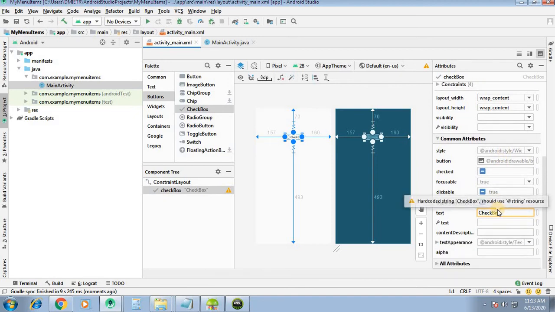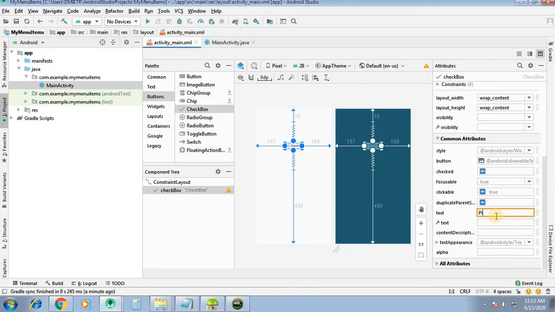And here pizza and the price is, for example, 100.